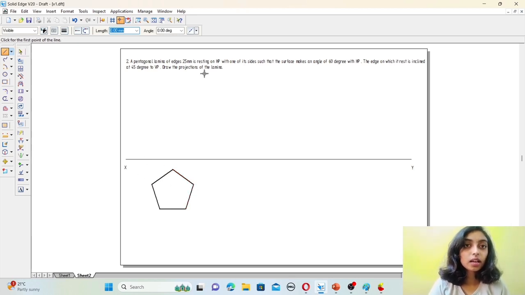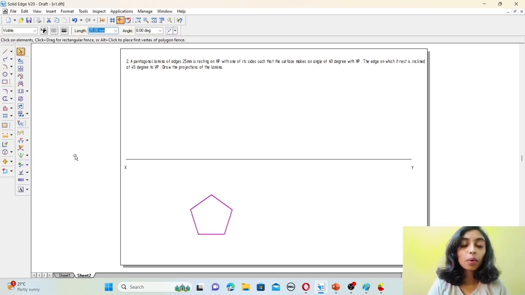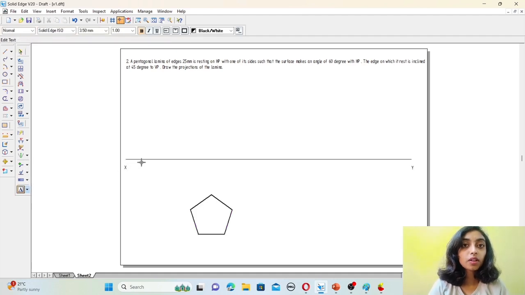So first, this is resting on HP. Select the whole lamina, go to the move option and place it somewhere here. First we need to write here, this is our HP line and this is our VP line. Now the edge is resting on HP. So select this whole lamina, rotate,